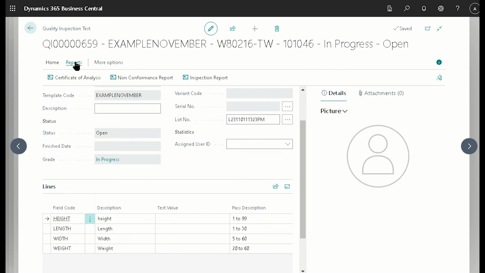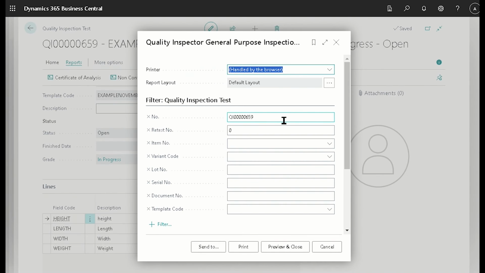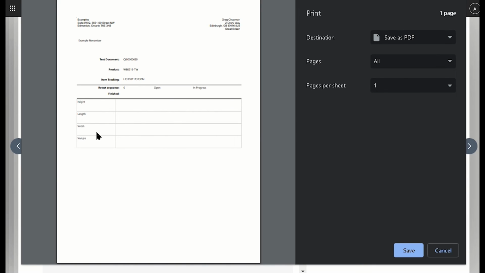What we're now going to do is we're going to simulate filling this out as a person and then scanning this in. So to do that, we're going to use the inspection report. And we see that it's got these values filled out. So we're going to go ahead and print those out.